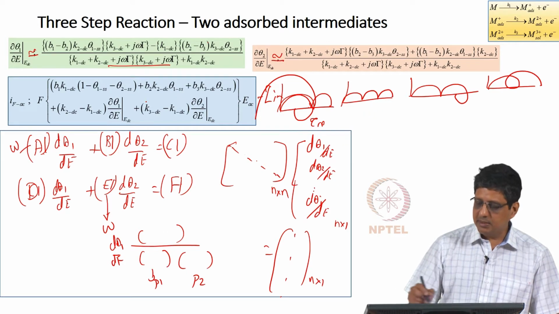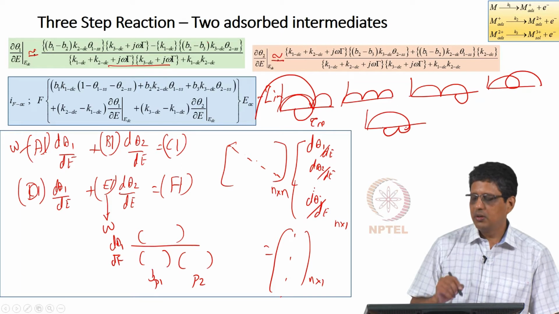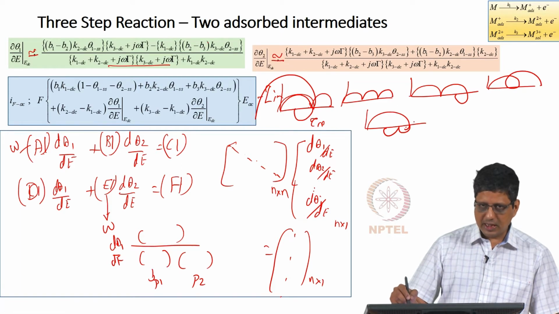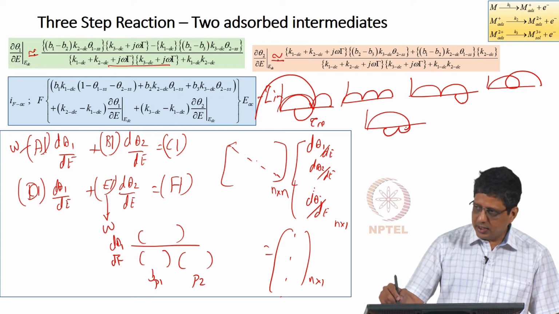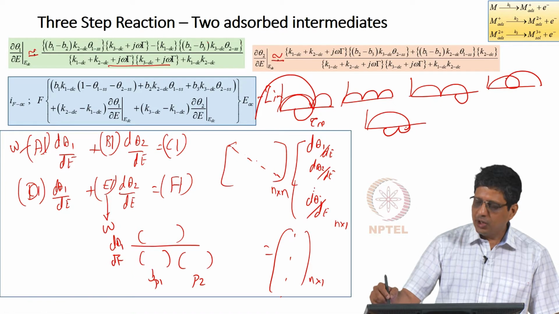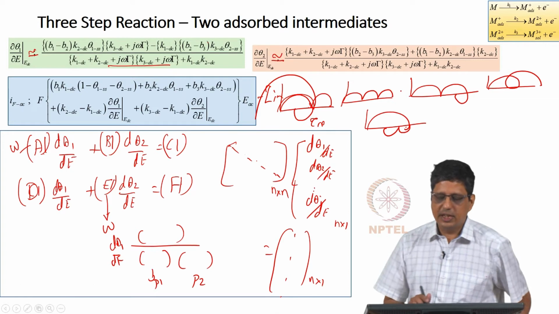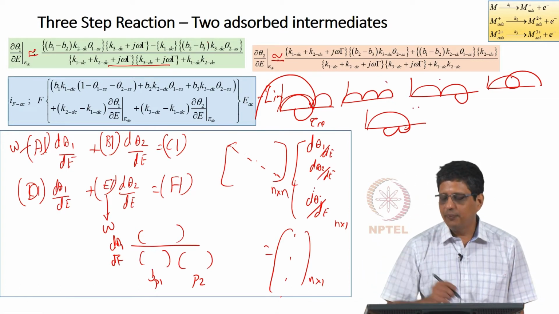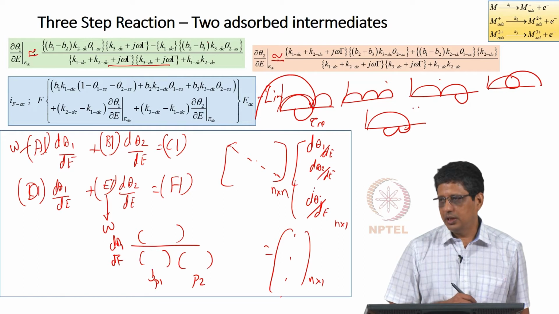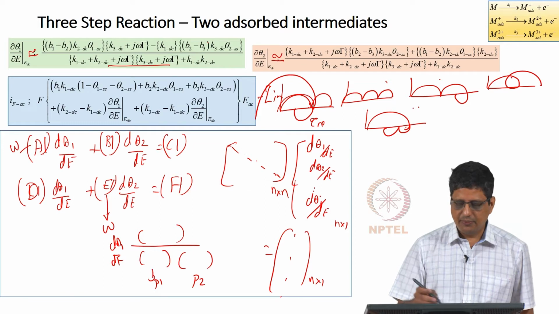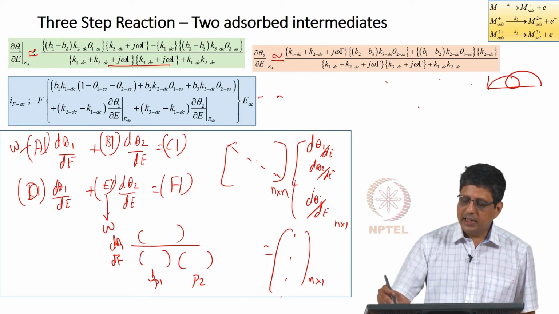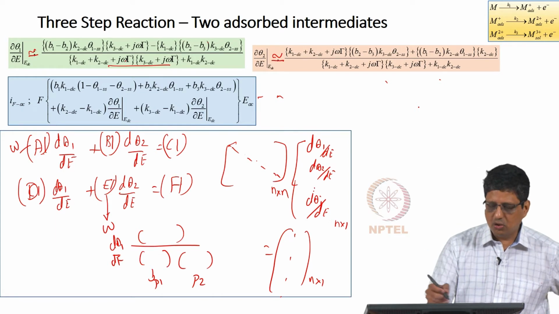This particular mechanism definitely can give rise to first capacitance because of adsorption capacitance, 2 inductive loops, one inductive and one capacitance, where the inductive loop comes at the end and capacitance comes before, or inductive loop comes first and then capacitance comes later, or 2 capacitances. All these combinations are possible. 1, 2, 3, 4 are definitely possible, and we will show examples where it is possible. So, we can get expression for d theta 1 by dE, d theta 2 by dE.